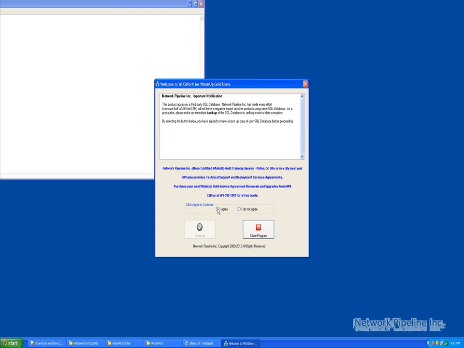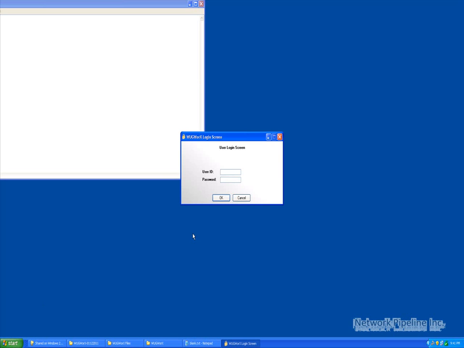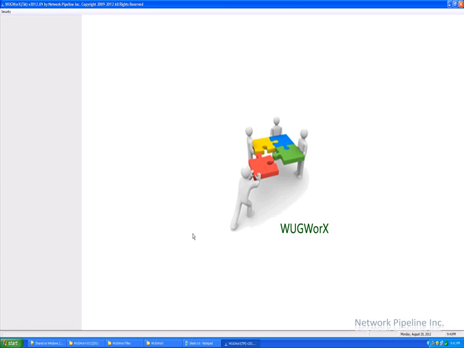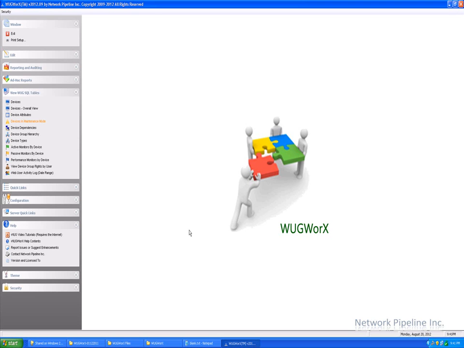I'm going to click on our link here. We're going to log in. And we're going to be logged into the network pipeline WUGWorX tool, which is for WhatsUp Gold Administrators. Give you a brief overview of the product. We have reporting, ad hoc reports. We can look at WhatsUp Gold SQL tables. We have something called quick links, configuration, server quick links, and help as the primary functions we want to review